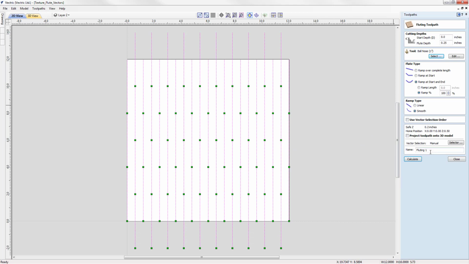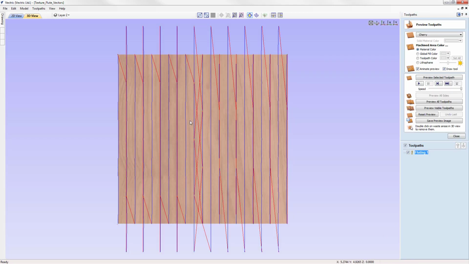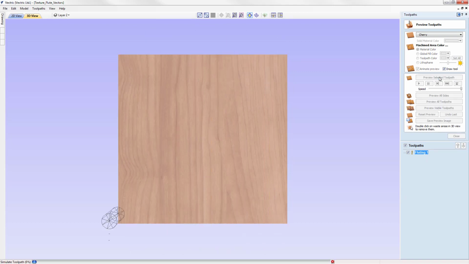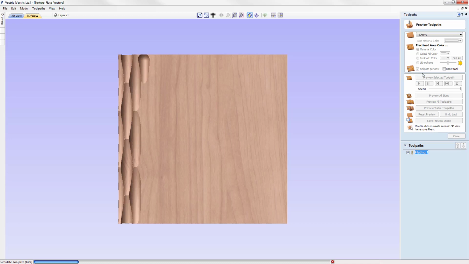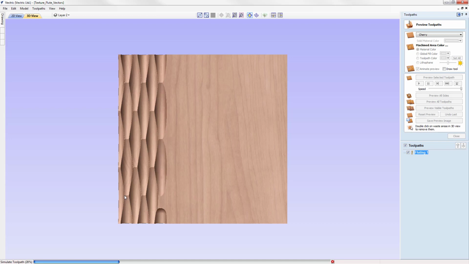Right then, so let's just go ahead and calculate that. So we'll use the calculate option. Okay, so we can see the toolpath there, and then if we just go ahead and preview that toolpath, okay, so we can undraw the tool. We could probably do with unchecking the animate preview as well, but you can kind of see what's going on here. So with every line, the tool is coming down